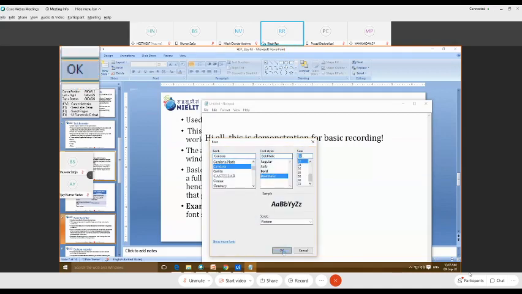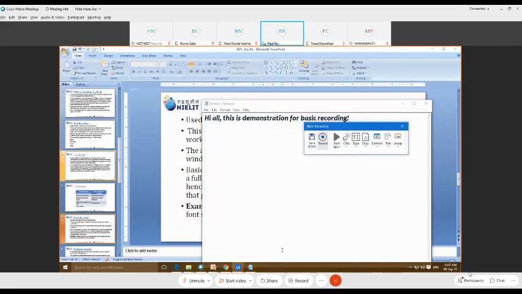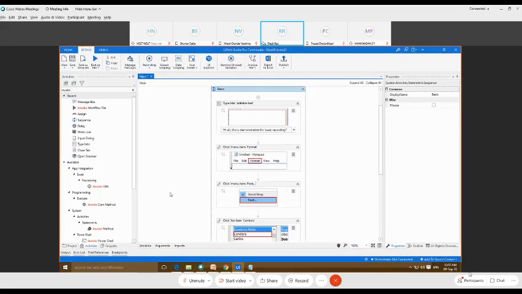Okay, now I'm going to just press OK, and then to save and exit, we have to press Escape on the keyboard two times. So this is one. Now we'll get this option: do you want to keep the recorded output? I'm just going to say yes. So you can see automatically all those actions have been captured using this basic recording option.